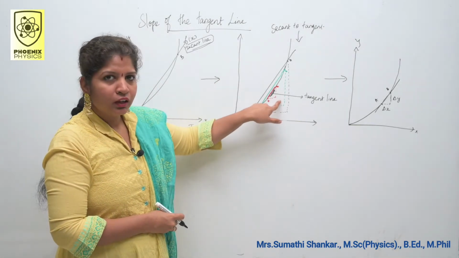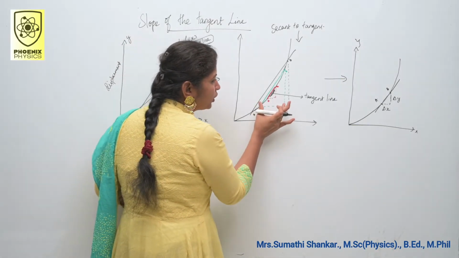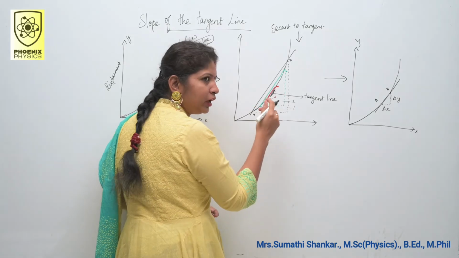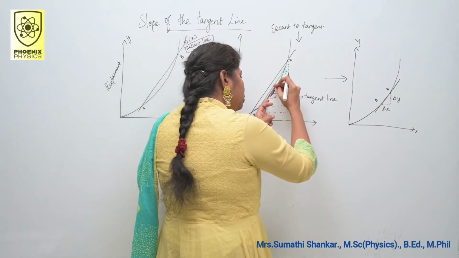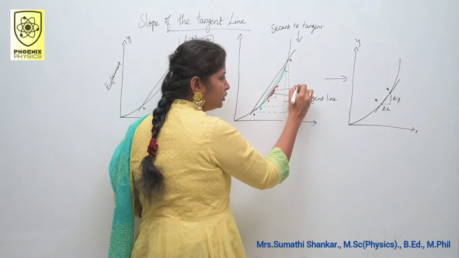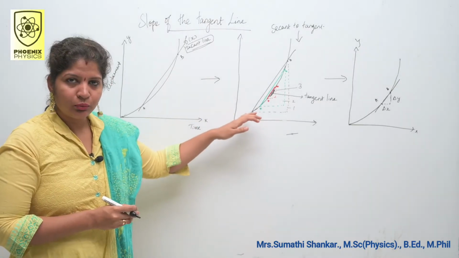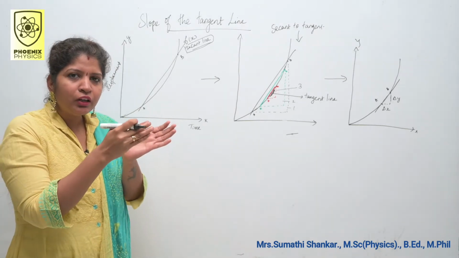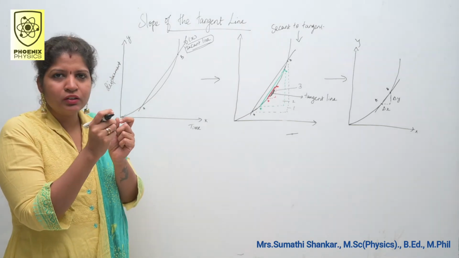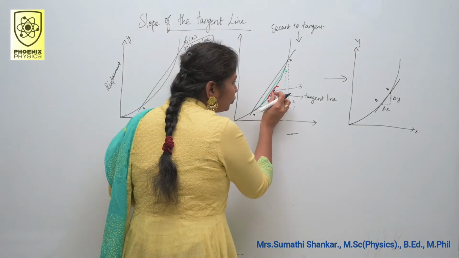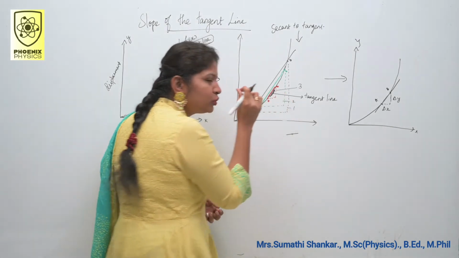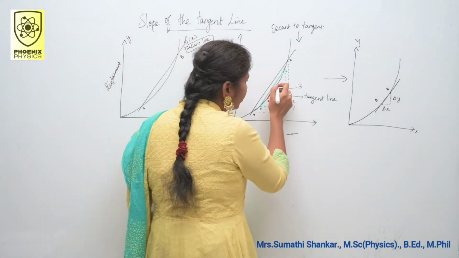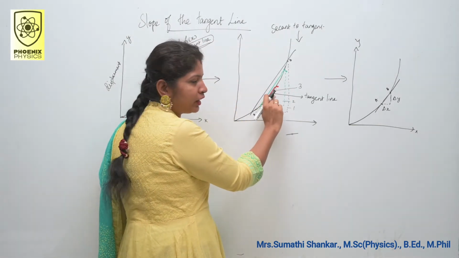This green part is the second position. Here you can get the slope like this. This is the first slope, this is the second slope. Again I brought A and B close to each other. This red portion is my third slope. If you want to draw the tangent line, you should bring the 2 points close to each other at a very small distance. If you draw the slopes, they appear to meet at some point. At that point you draw one tangent line. This black portion is our tangent line.